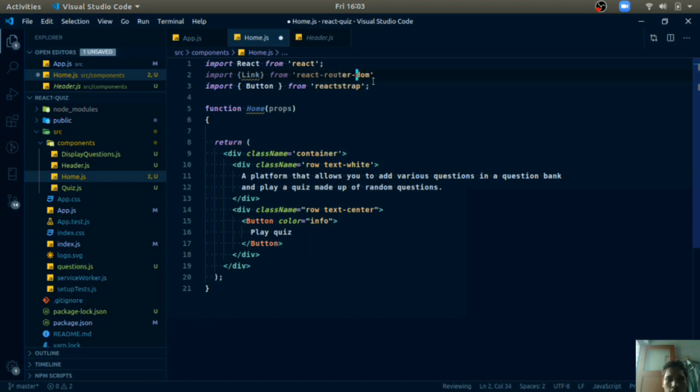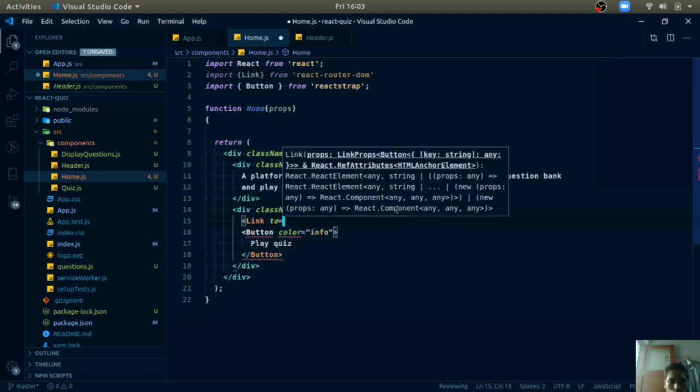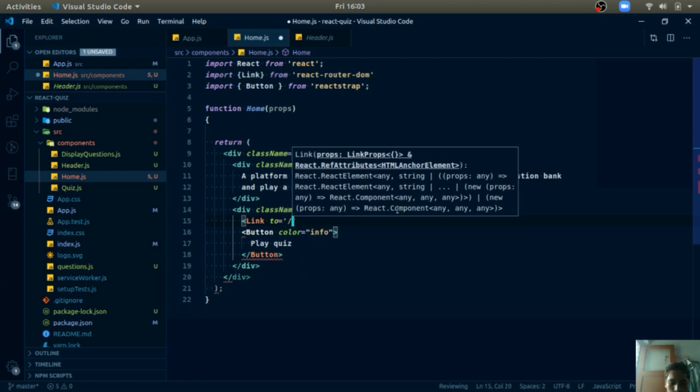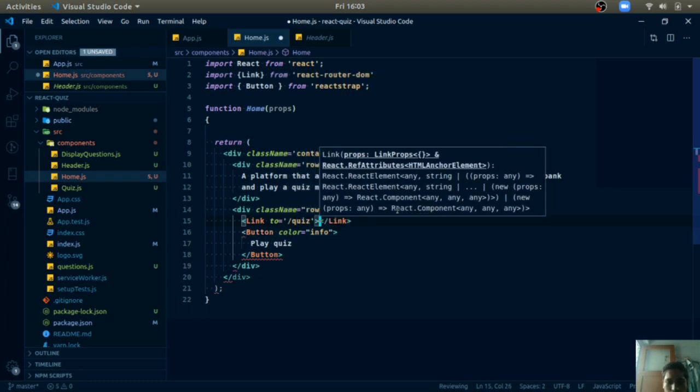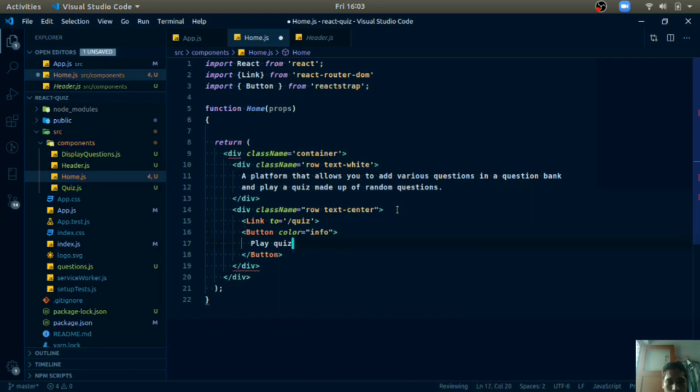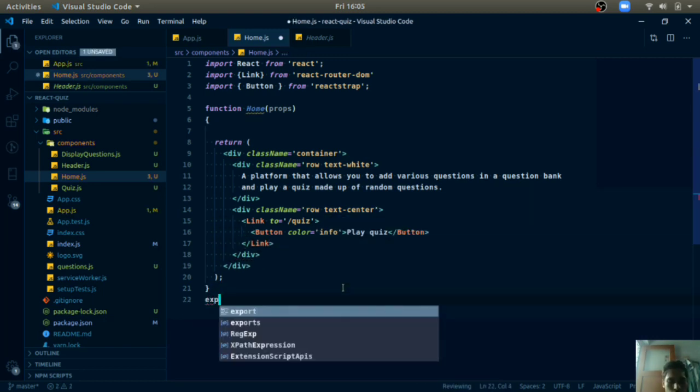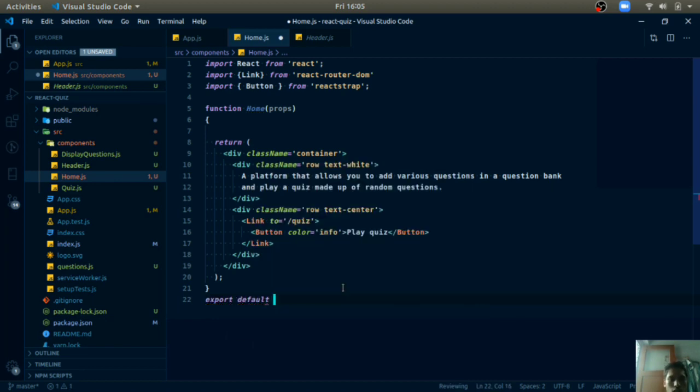So we will use this Link for this button. Just place this button inside a Link component, Link to equals slash quiz. To is similar to href in HTML. So just placing this, and export this component, export default Home.